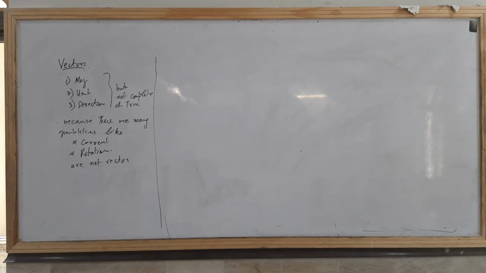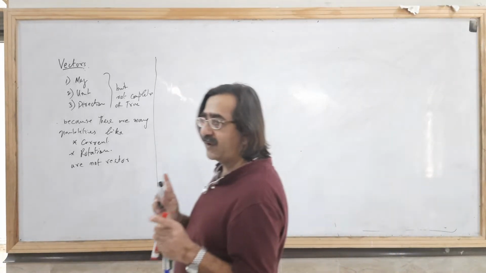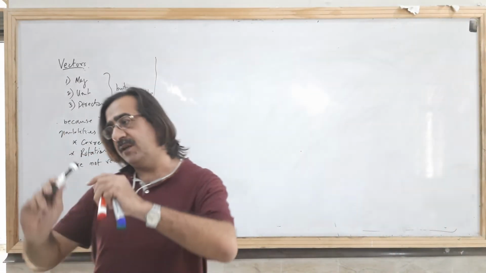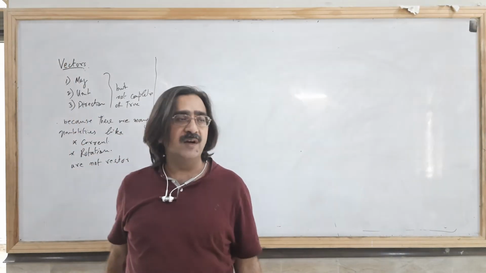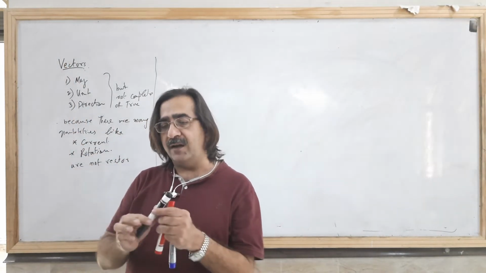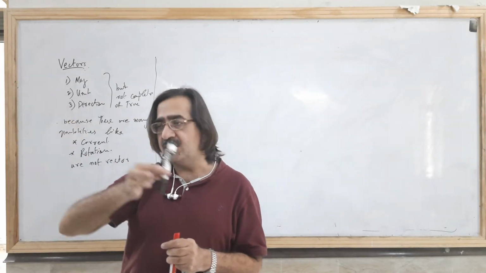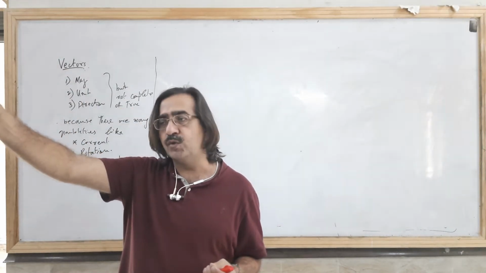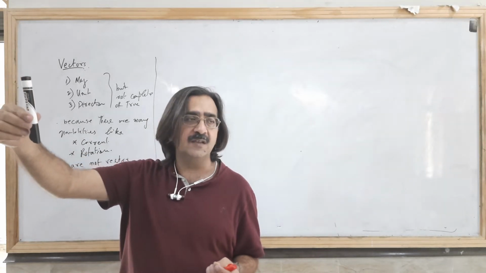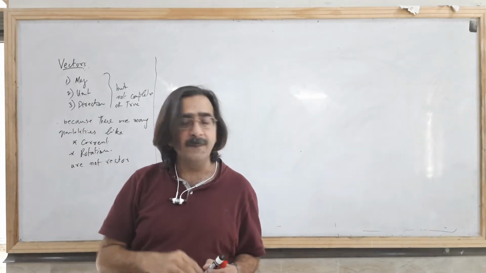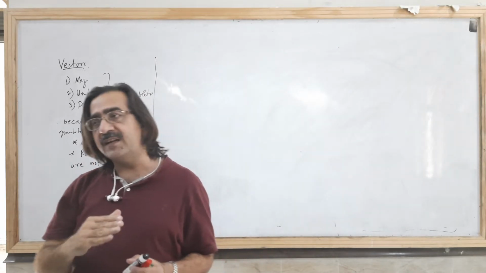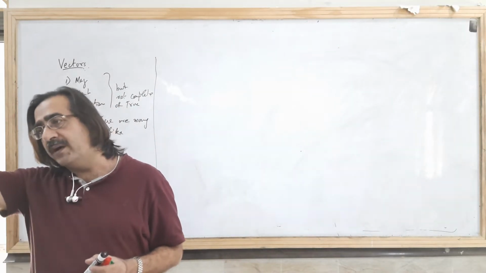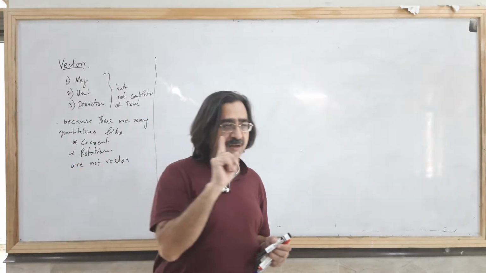So we know that there are two types of transformation. When we perform a transformation, if we throw something, there will be two types. Number one, it will change its position. For instance, it is here, and after some time it will be at another place. So one transformation is that it moves from one place to another place.